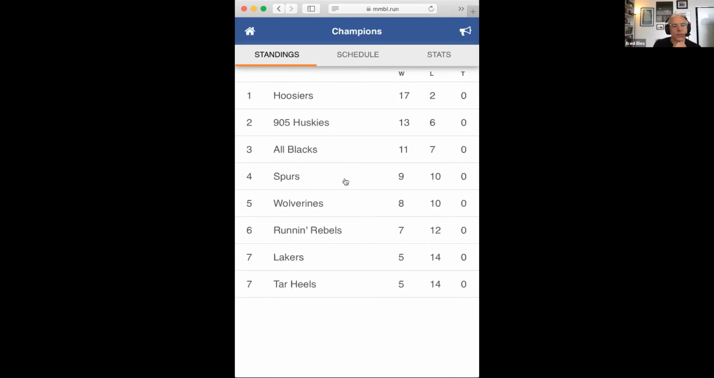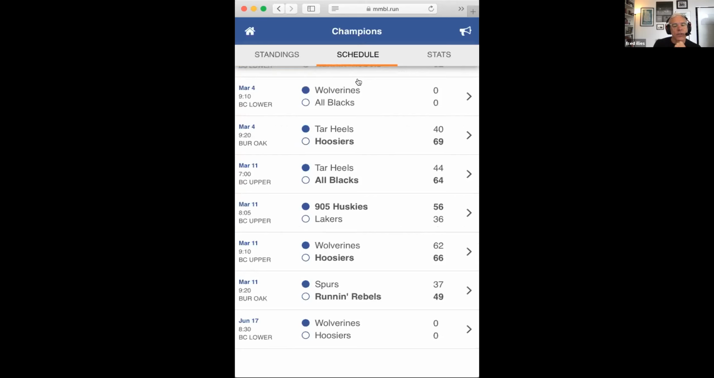It shows who's in first, second, third place, etc. How many games they've won, lost, and tied. The schedule tab shows all the schedules in the game. And we have a neat feature, which you're not actually seeing now because there are no future games. But basically, when they come to this list, let's say that